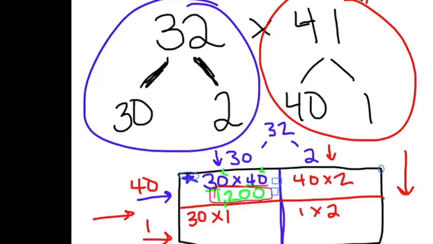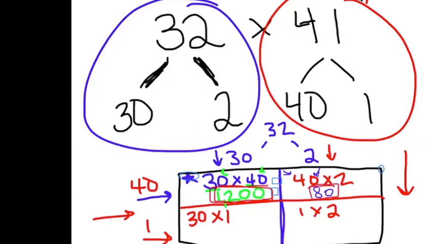And then I make sure that I box this, okay? Because this is my number that I don't want to forget. Okay, then I'm going to do the same thing to all of these. So if I'm looking at 40 times 2 over here, I'm going to forget my zeros for a second. 4 times 2 is what? Show me with your fingers. Nice job. It is 8. And show me with your fingers how many zeros do I need to add back into that. Nice job. I just had 1 zero in my 40 right here. So my answer is 80. And then I